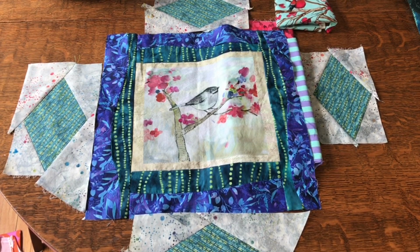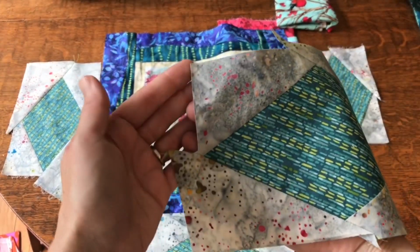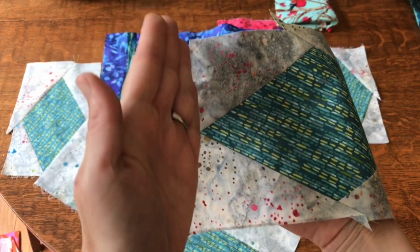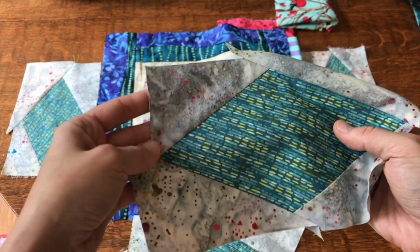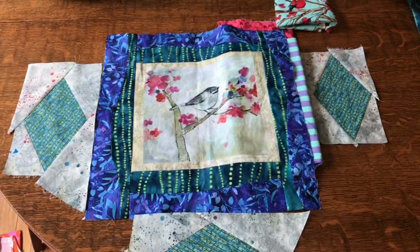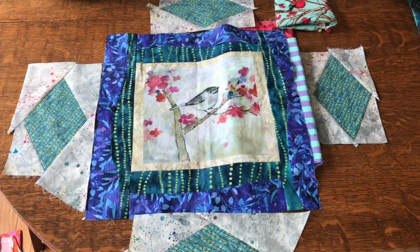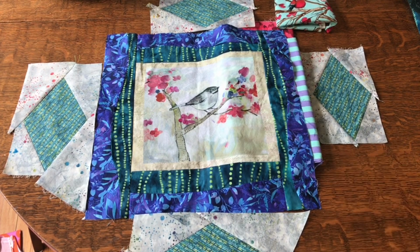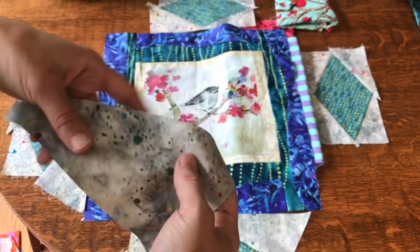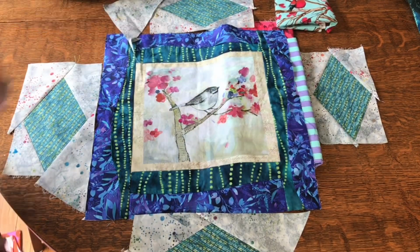Some of these triangles, I was just going so fast because I was so agitated that the points would get cut off. See how this one here kind of dips down. If I were to cut that, I have no quarter inch here for any seam allowance. So I was thinking about just embracing that wonkiness, and instead of having nice clean cut lines with another piece coming down here, why don't I just use some of these scraps, and I can even make it at a diagonal, and I have to put another piece there,